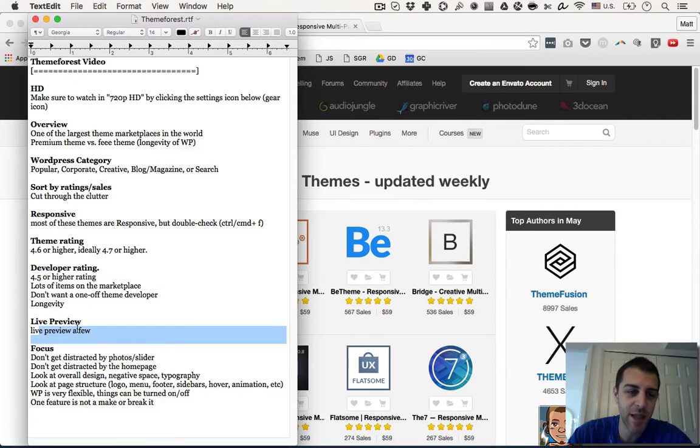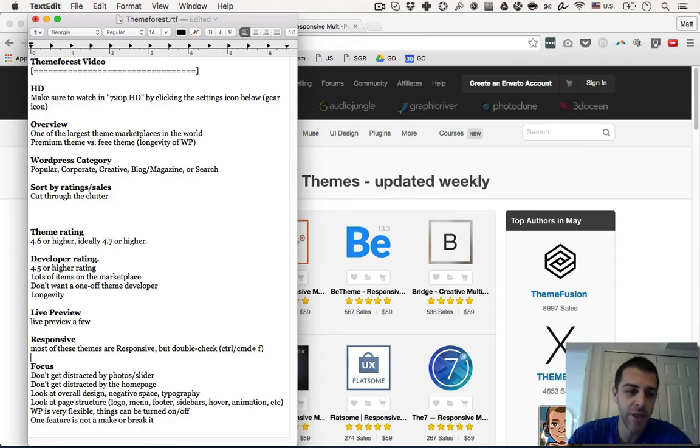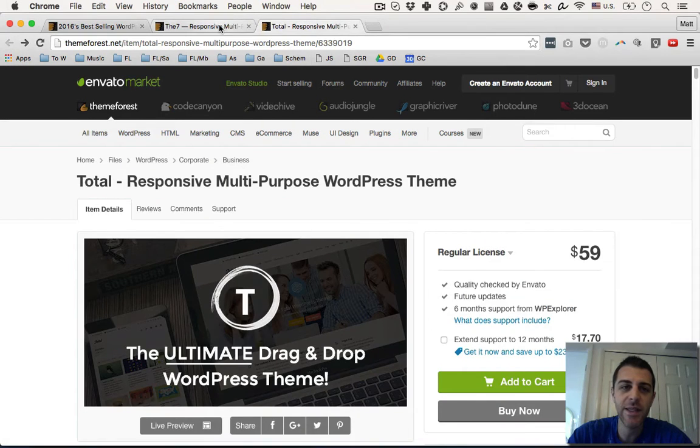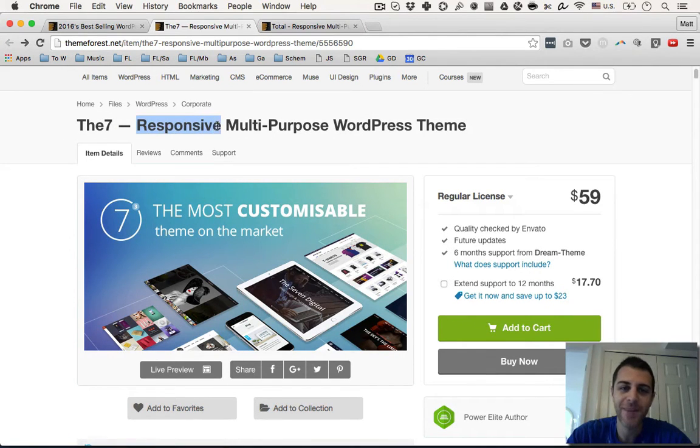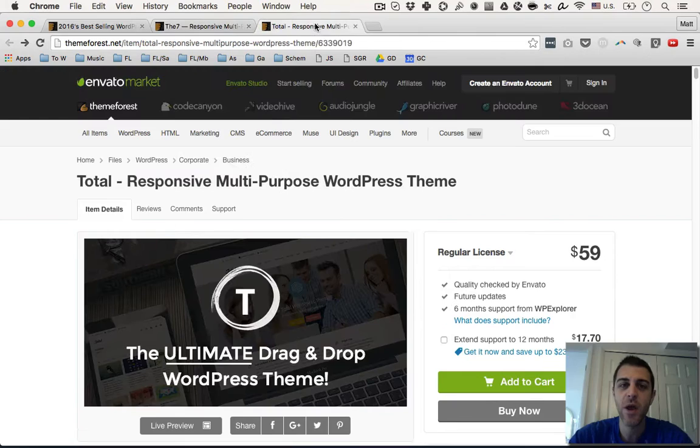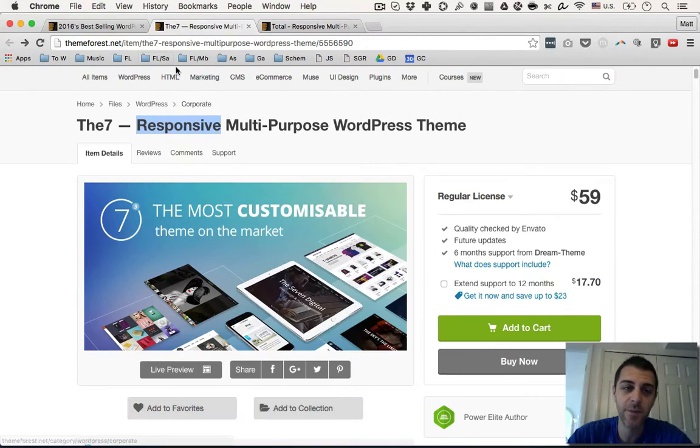Let's discuss live preview, responsiveness. I'm going to move that down here on my cheat sheet. So let's say you like the 7, right? One of the things you want to do is look for the word responsive. Nowadays, 95% plus of everything on ThemeForest is going to be responsive, and what responsive means is that the website is going to be responsive to the size of the screen of your visitor, so mobile, tablet, different size monitors. It's going to be very hard to find a theme that isn't responsive, but just make sure that you see that. In both of these cases, the word responsive happens to be in the title,